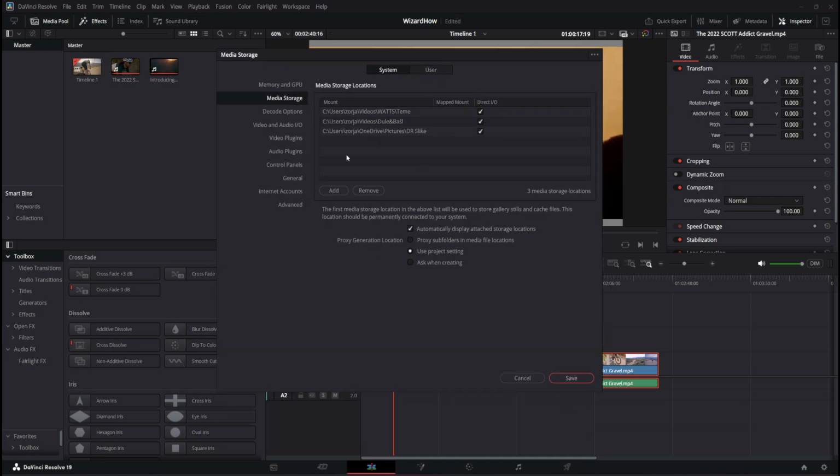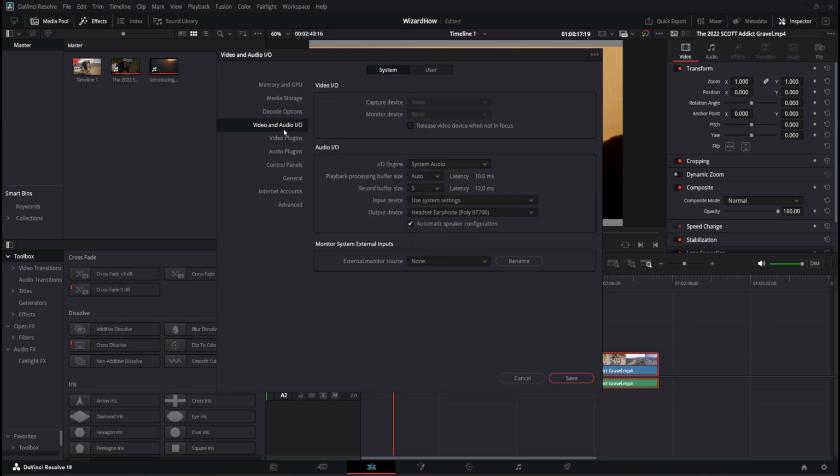Now select the System tab, and then you have here Video and Audio I/O, and look at the Release Audio to Background checkbox. If checked, Resolve will mute when you click another window. So let's hit Output Device, just like that, Input Device,